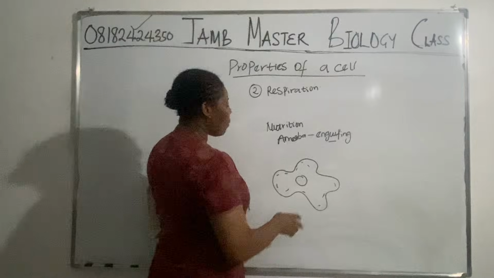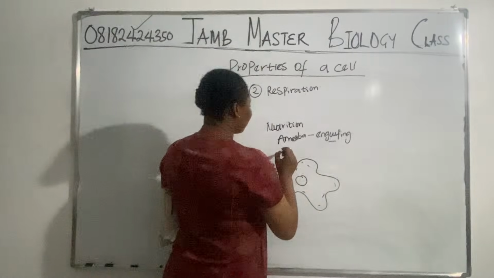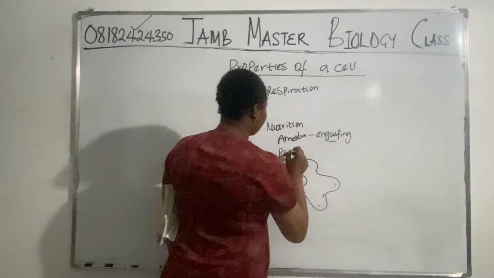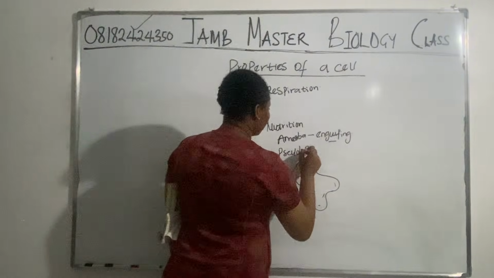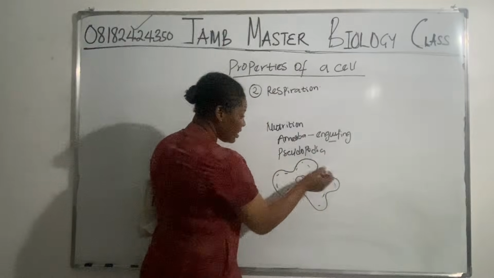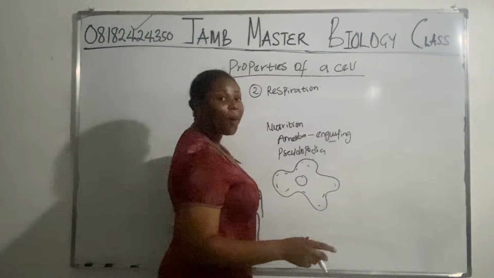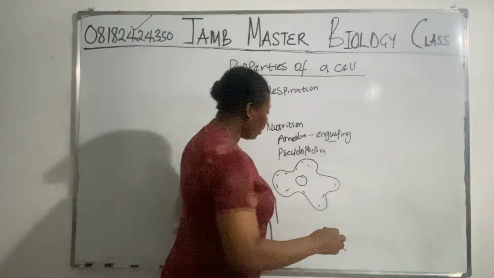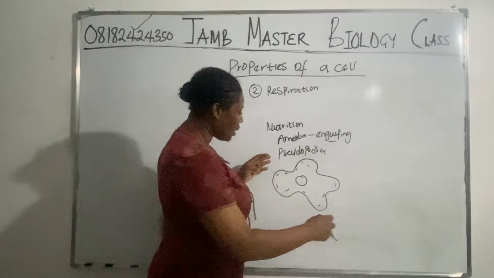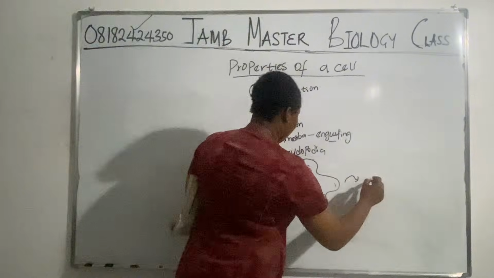When an amoeba is moving, the locomotion of amoeba occurs through the pseudopodia. All these things you are seeing here are pseudopodia, for the amoeba to move. It's a shapeless organism, so as it's moving, it's actually changing shape. If the amoeba is to move like this, this thing can become something like this.